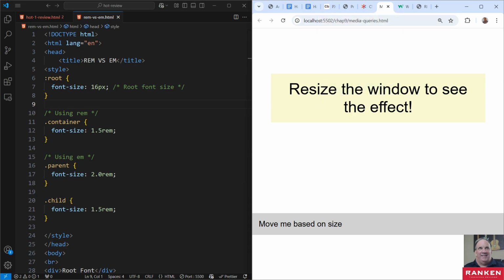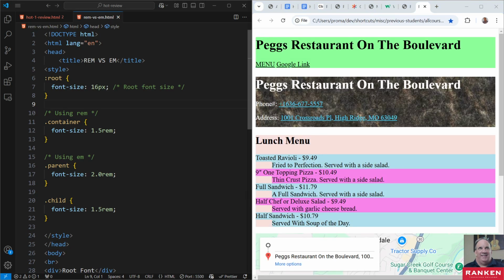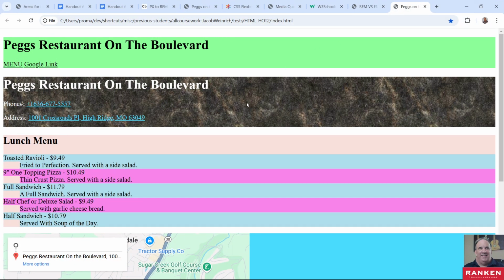I want to open up an example I want to show, an example of another student's page, a past student, previous student. Here's an example of what they did for this hands-on test. So I just kind of wanted to show you,